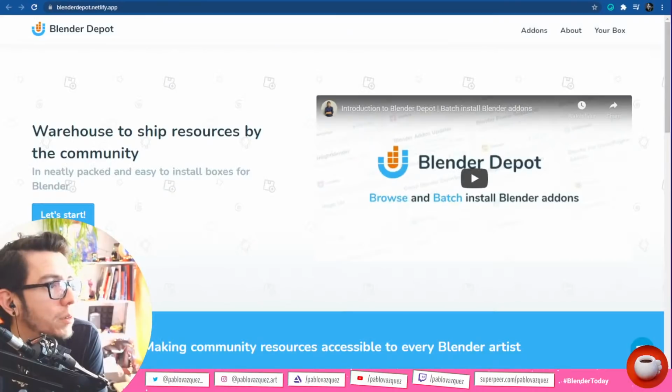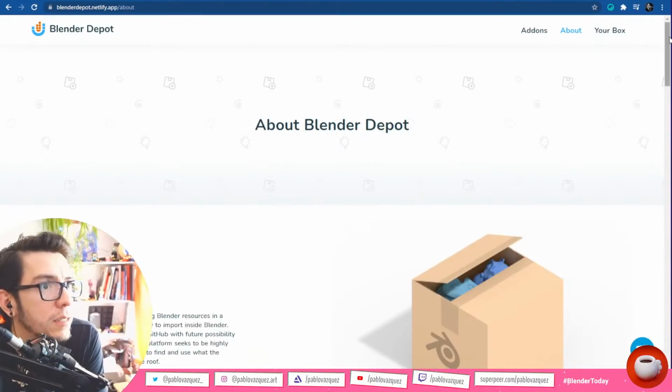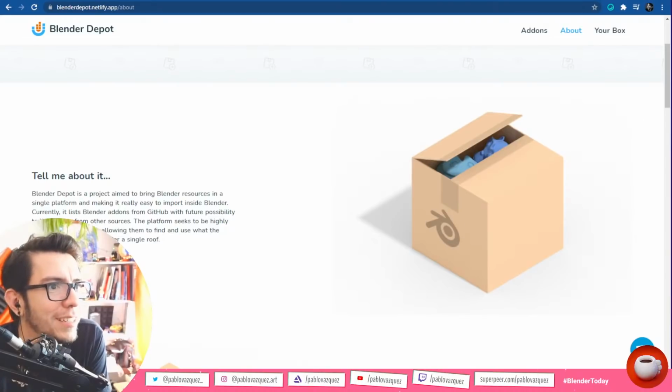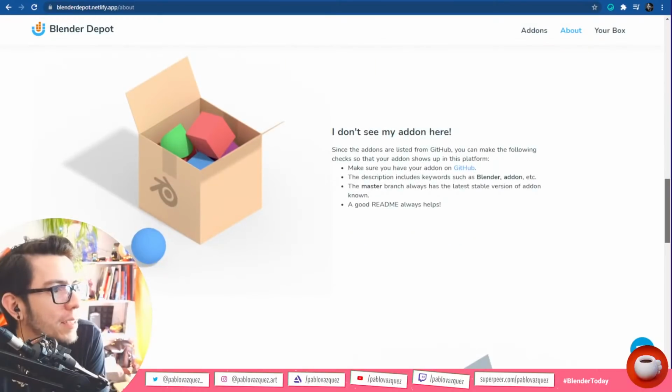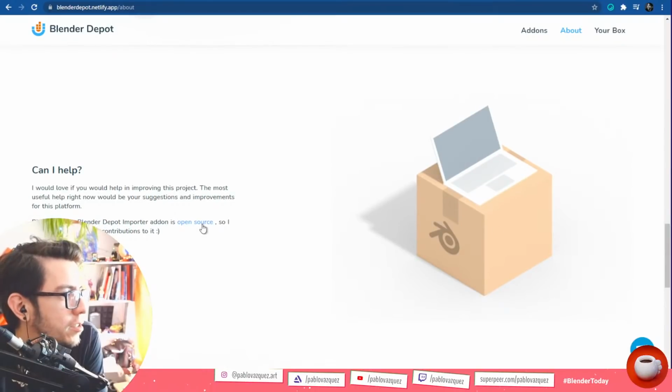I don't know the other project, Blender Depot. Is it open source? Read more. I don't know if you're supposed to use the logo like that, but you have your add-on on GitHub. So it's for checking add-ons on GitHub, and it is open source.